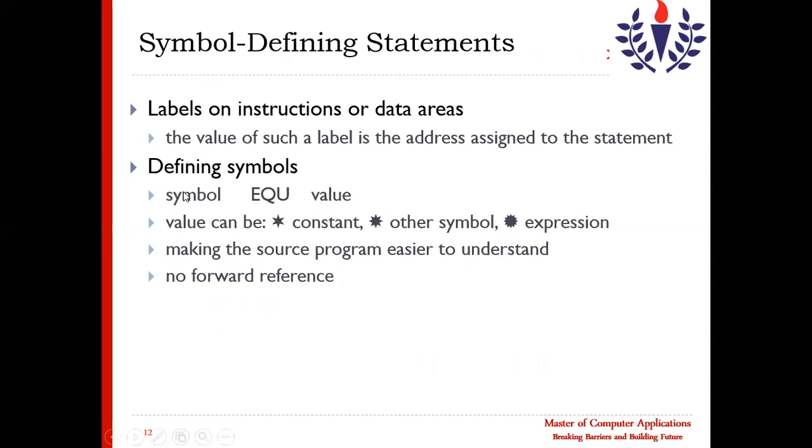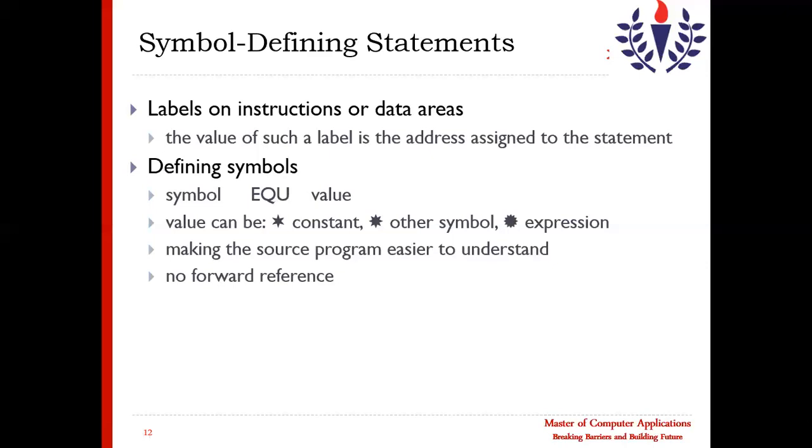It will be a symbol equal to whatever value you want to give to that symbol. That can be a constant, another symbol, or an expression. The expression will be solved and return some value, which will be given to the EQU statement.